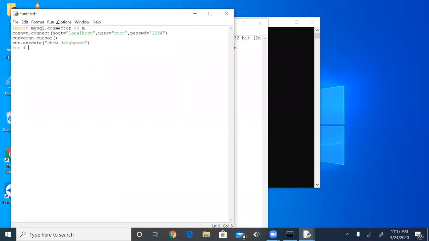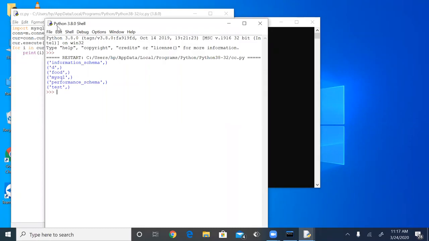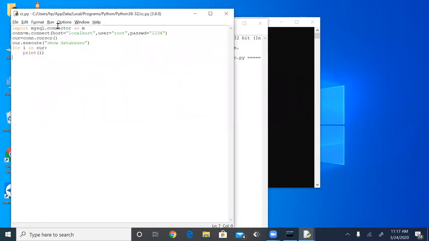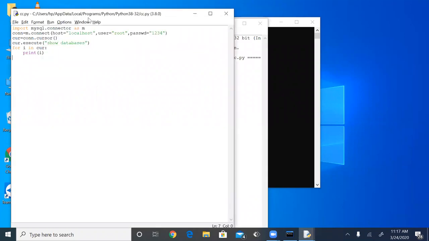For that, I just want to see what database I created yesterday, in the previous class. Just specifying the name here. Yesterday we created the database. Suppose there are so many databases, I am using the food database for the time being. If you want to create any table inside any database, you have to use one more parameter in the connect function and specify the database in which you want to create your own tables.